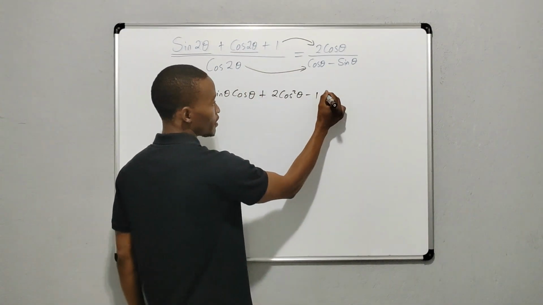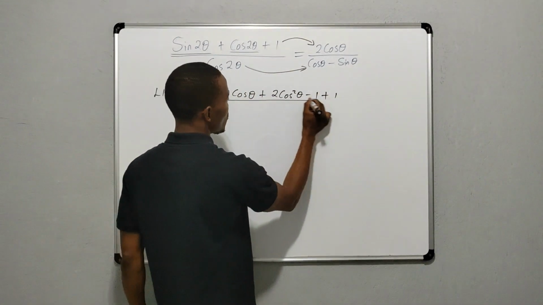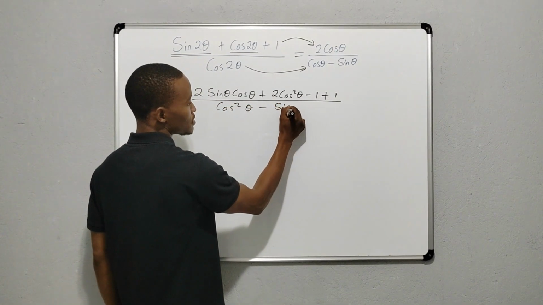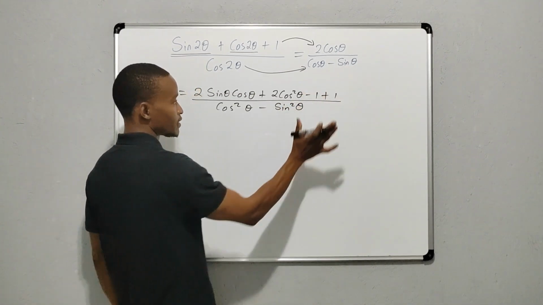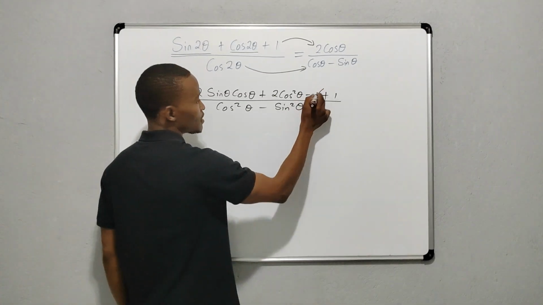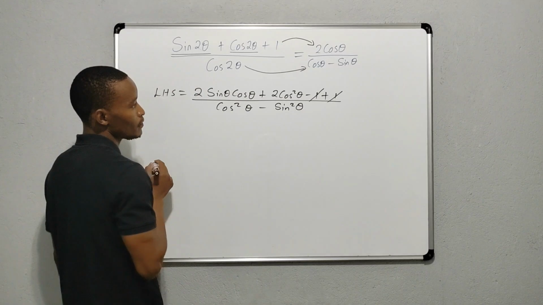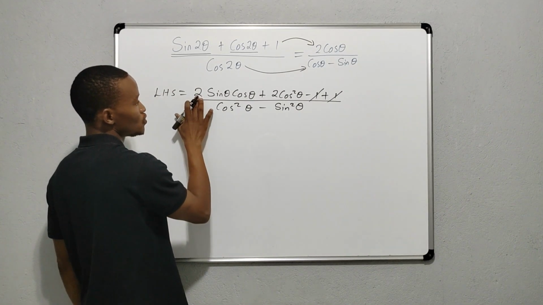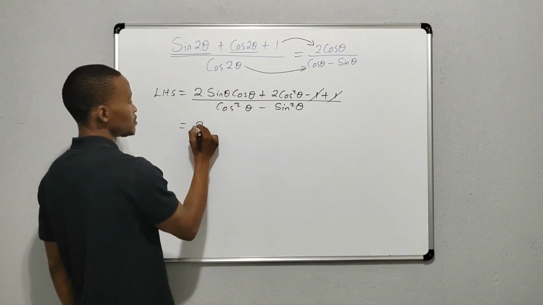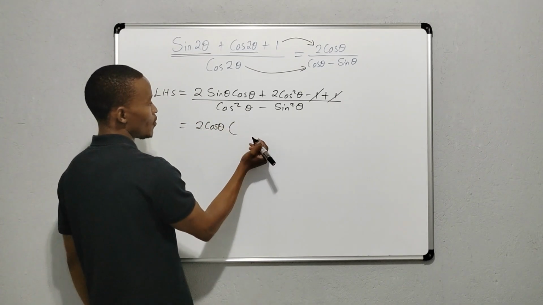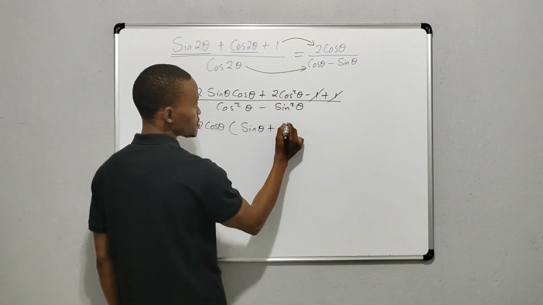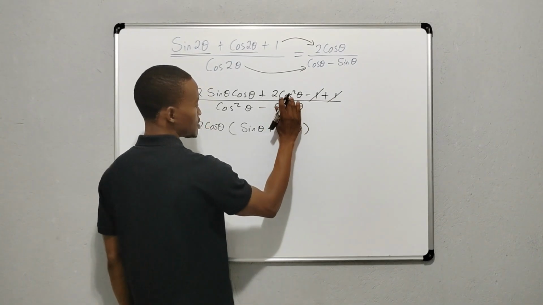We still have the constant there, plus 1 over what? Okay, cos squared theta minus sine squared theta. We're moving in that direction. Okay, so what then do we have? Cancellation happens here, and we have a 2 cos and a 2 cos that we can factor out. Okay, what is left? We are left with sine theta in the first term plus a cos theta in the second term